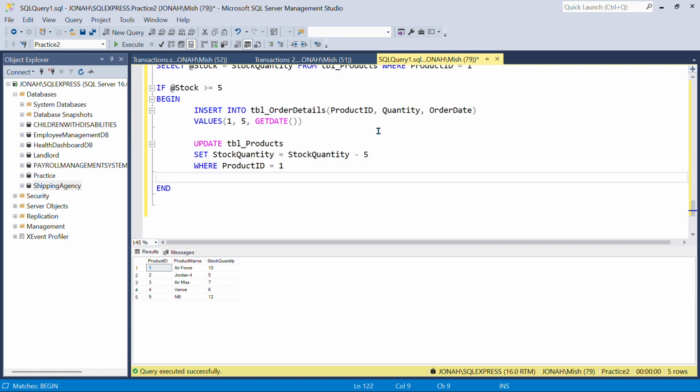Okay, I think that's it. Then commit transaction, print